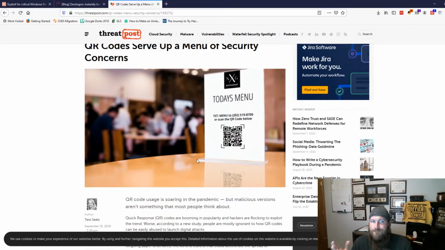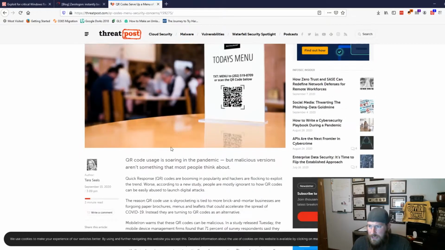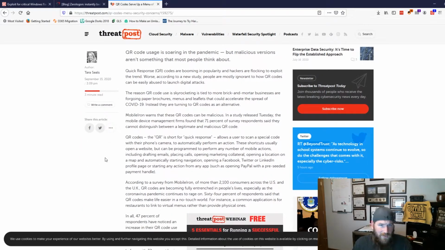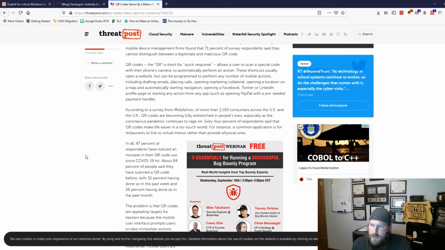Well, QR codes are being abused. And again, this came out a few years back. I think last year, maybe a year before, I heard something about QR codes being abused for malicious purposes. Essentially what Threatpost puts up, and all these blog posts will be in the description down below, so if you want to read them yourself, you can. I don't like reading an entire article for you. I believe you're all intelligent and can read, so to give you the gist of it, if we go down here,